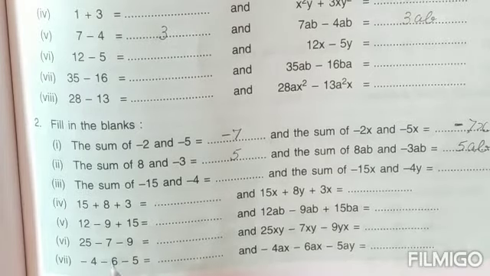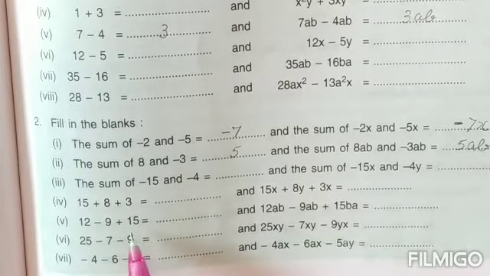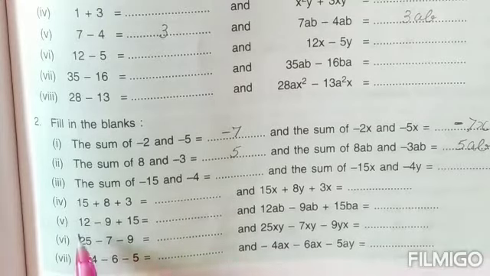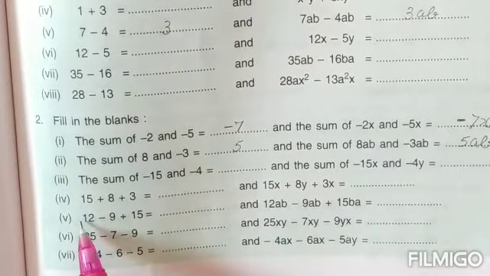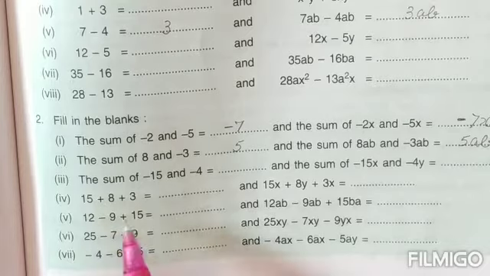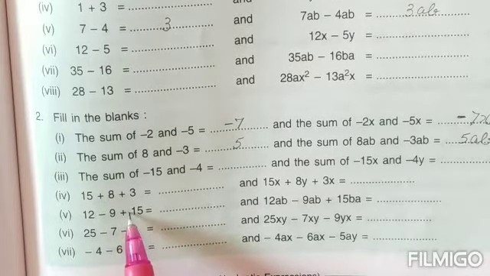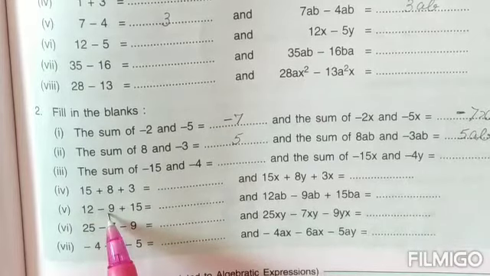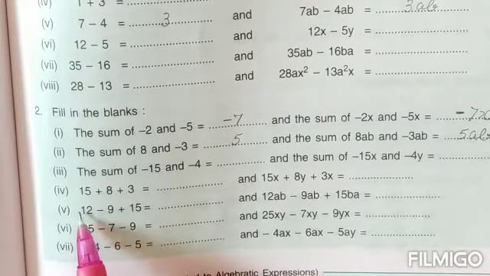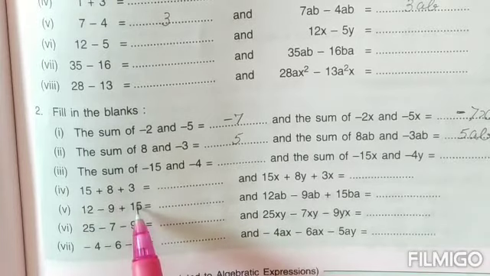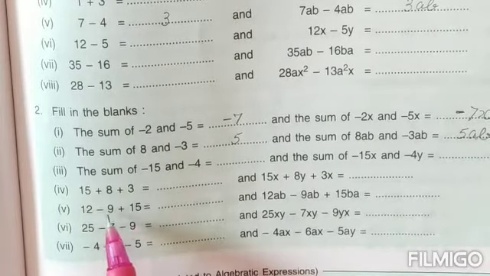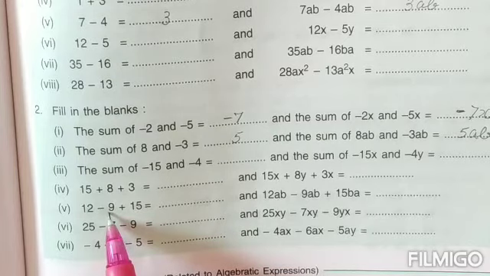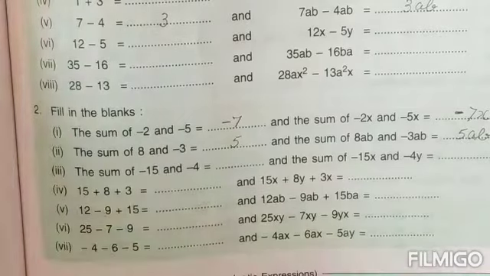Only thing is, now where 3 values come into consideration in a question, children, you have to see no sign before the number means it's a plus. So first you add the ones that are with a plus sign and then subtract. With the answer of this, you subtract the third one which is given. Like for this one, first you should add 12 and 15 together, that will give you 27, and from 27 then subtract 9, that will give you a plus 18. So that is how you are going to do it. Just see over here.